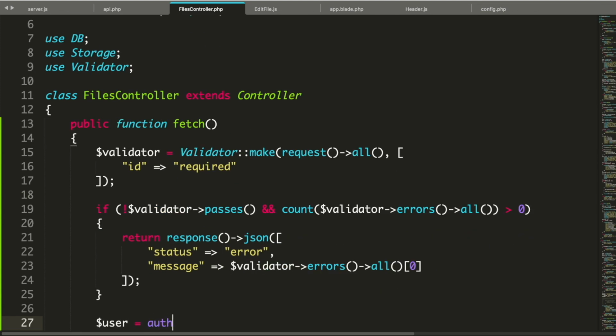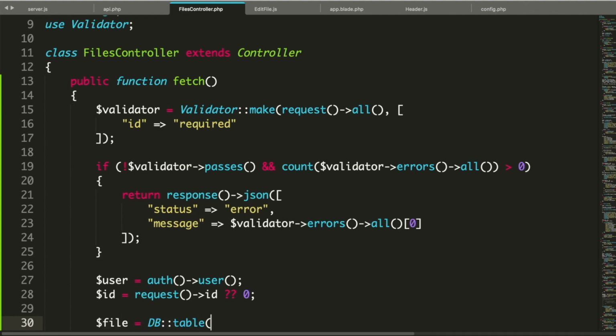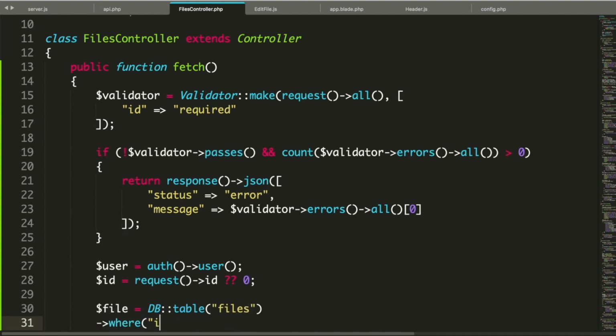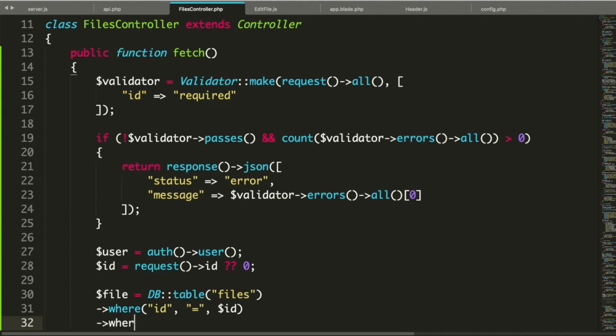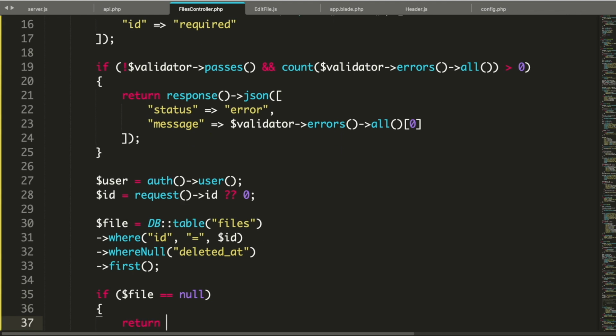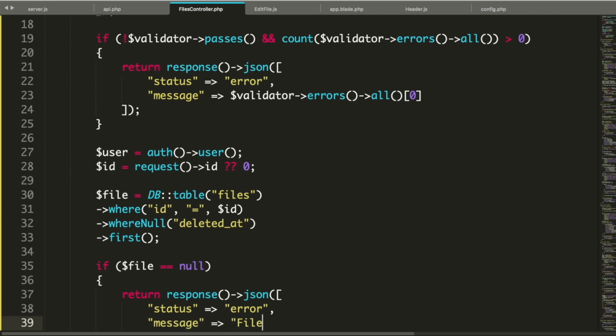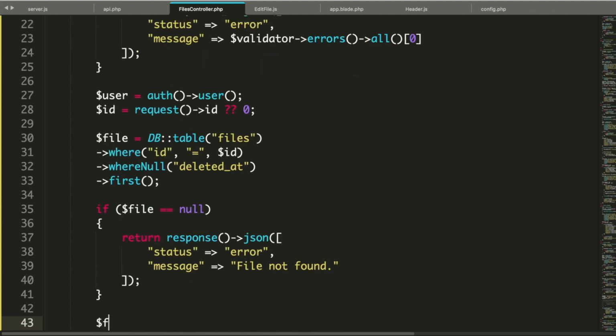Get the authenticated user, get the file ID, check if the file exists, check if the file is shared with me,